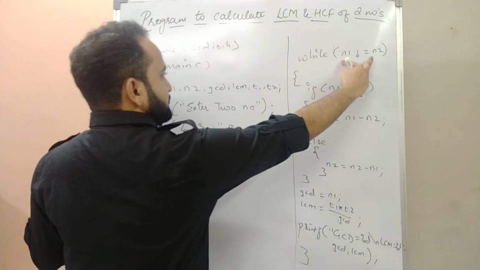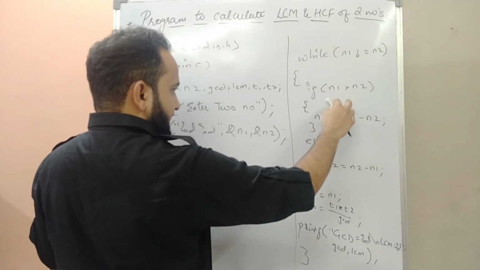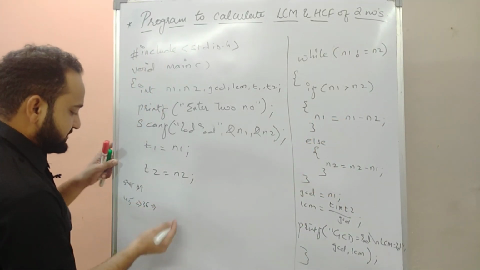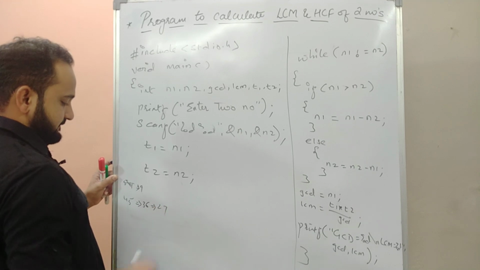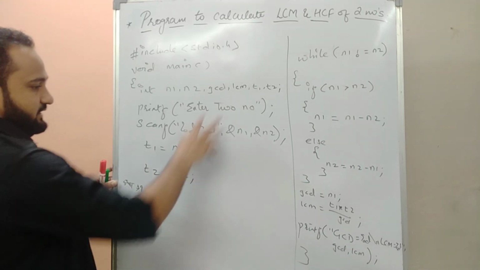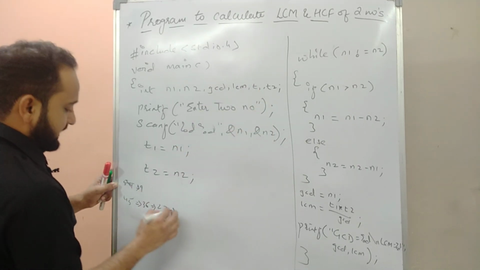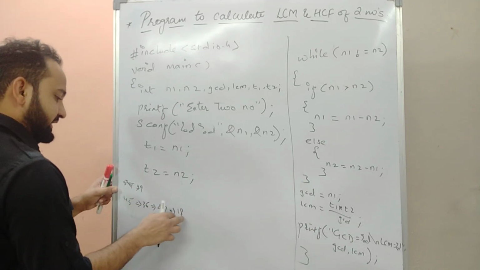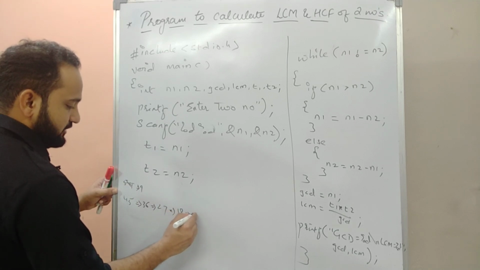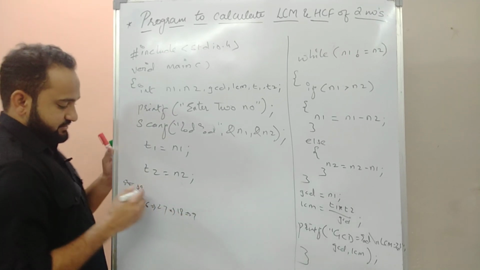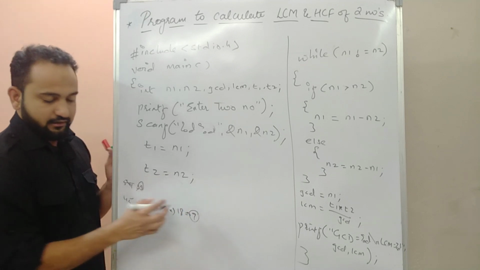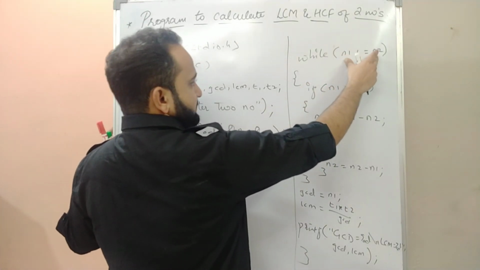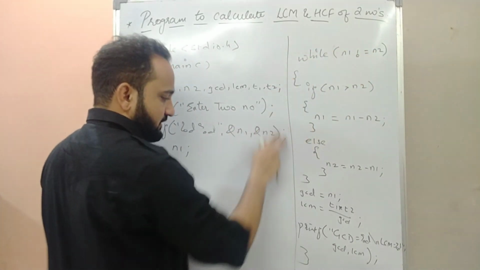Now it will go back again. Is 9 not equal to 36? Yes, the condition is true. It will go into else again and calculate what? 36 minus 9, that comes out to be how much? 27. Okay, now again it will go inside, as both are not the same. It will perform 27 minus 9, that comes out to be 18. Again it will go inside, calculate this. 18 minus 9 comes out to be what? 9. Are they equal? Yes, you got 9 and 9. Agree? So that becomes the GCD. It will go back again. See here, is n1 not equal to n2? No, the condition is false. It will come out of the loop.